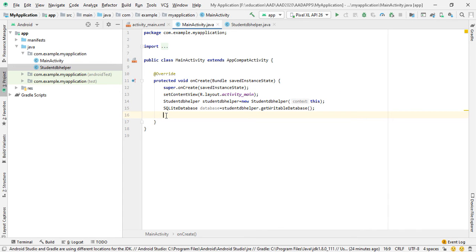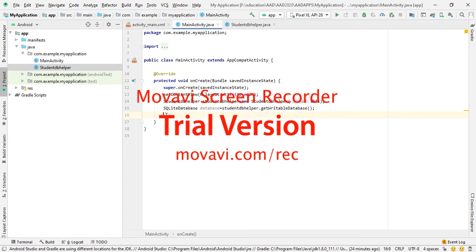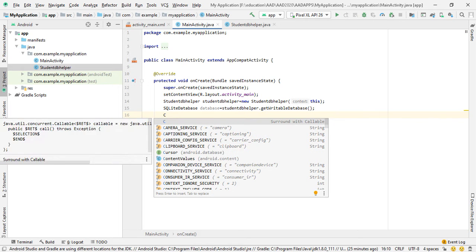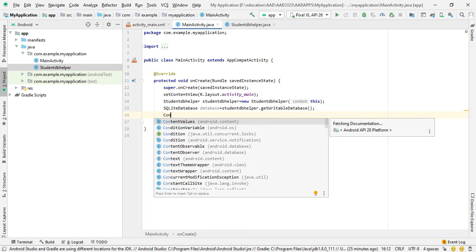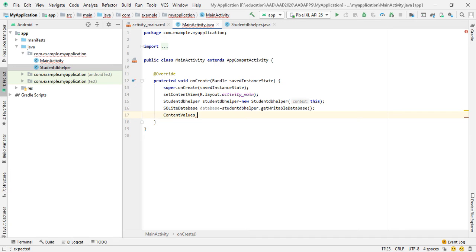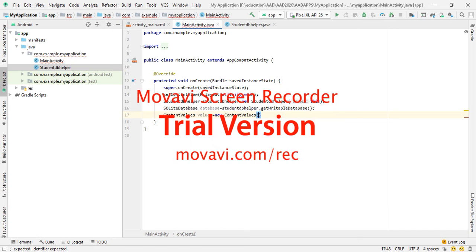In that student table we have three fields: student ID, student name and marks. So using ContentValues we can set all these values. So create the object of ContentValues, values is equal to new ContentValues.